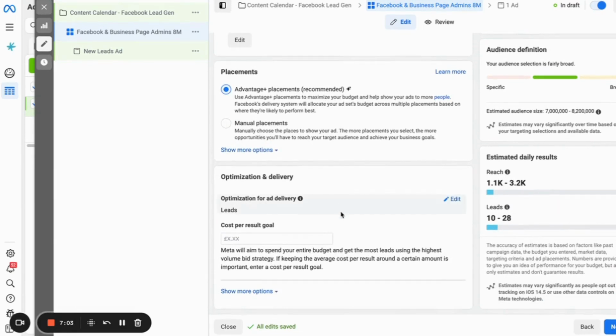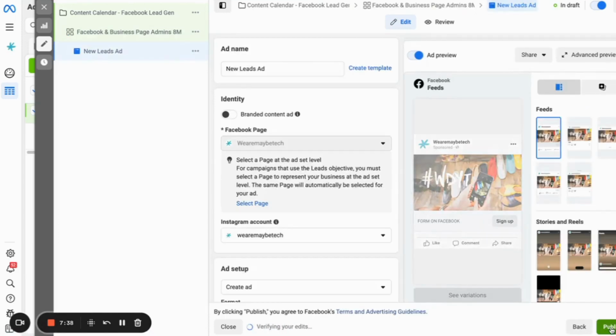So I'm going to scroll on down. I have my optimization set here for leads. That's bang on what I want. And it will start to give you a feel here over on the right-hand side for the kind of estimated daily results you might see. So take those with a bit of a pinch of salt, to be honest. But if it says 0, there might be something you need to look at, and it would potentially be the size of your audience that you've plugged in. Forgive me. So I'm going to click next, and we're going to be getting into the detail here